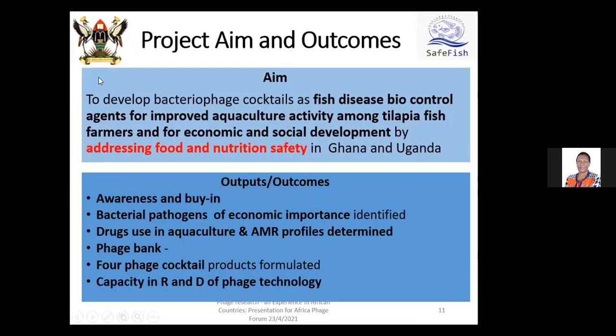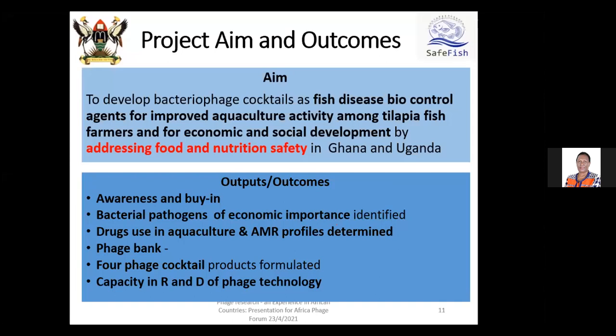So the aim of the project is to develop bacteriophage cocktails as fish disease biocontrol agents for improved aquaculture productivity among tilapia fish farmers. But our expected outcomes is for us to have awareness and buy-in, because we know phages is a new thing on the block,